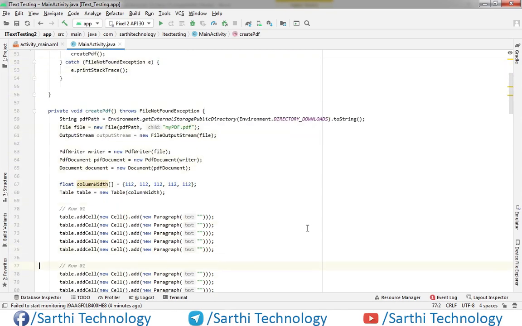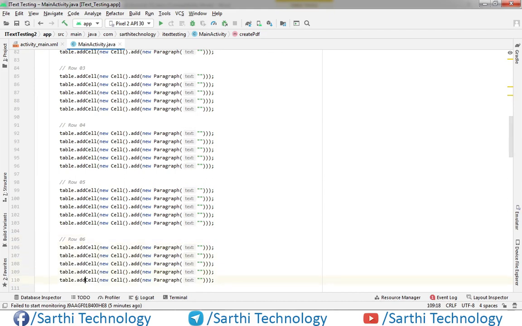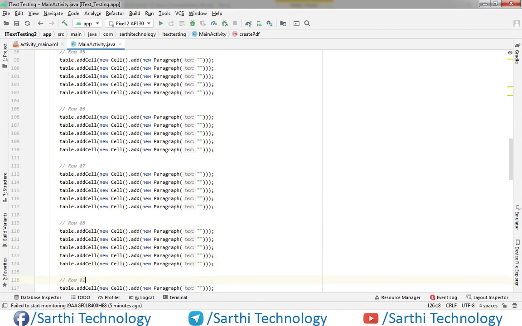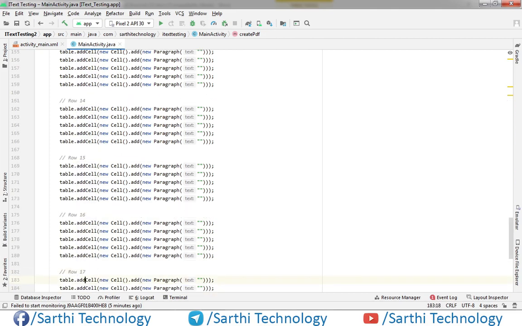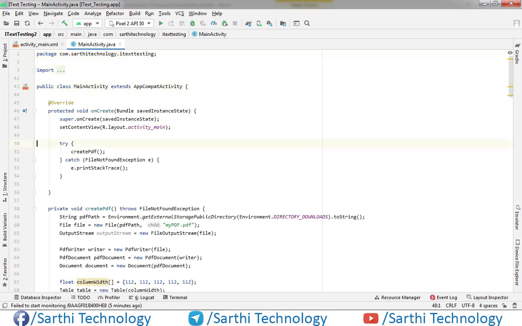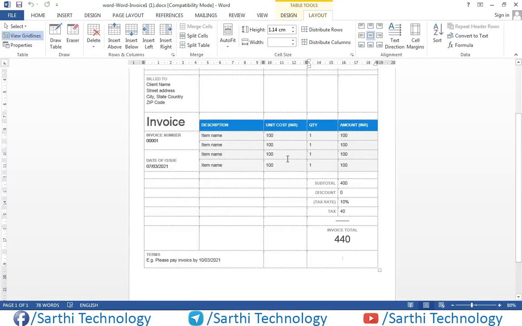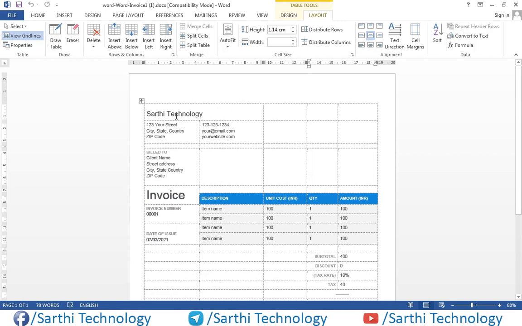Now just change the row numbers. In the first row we have one column span and this text.